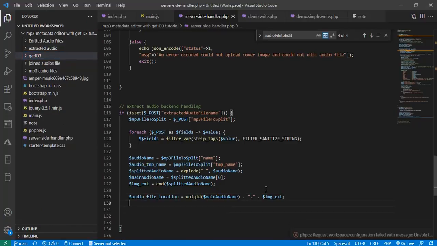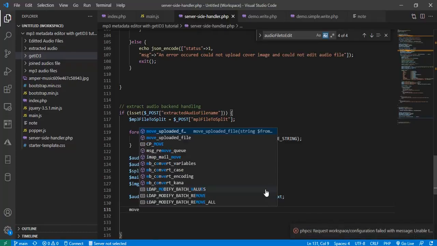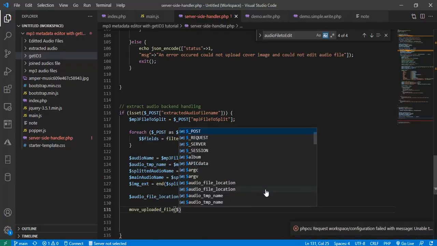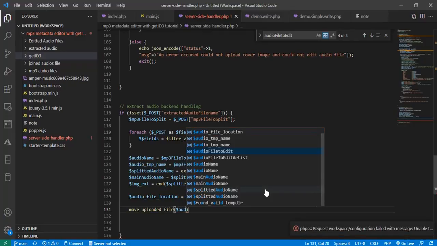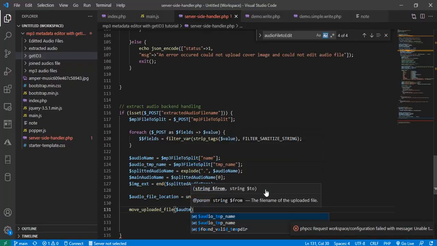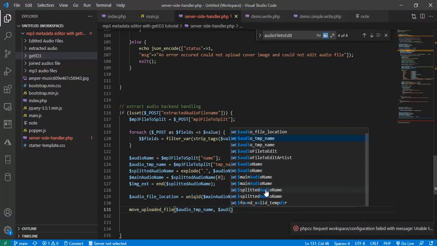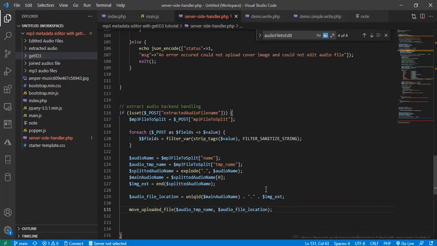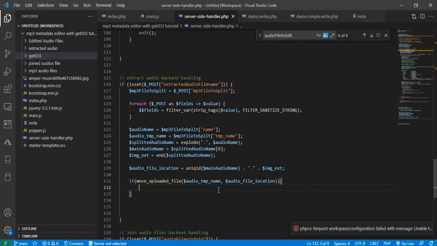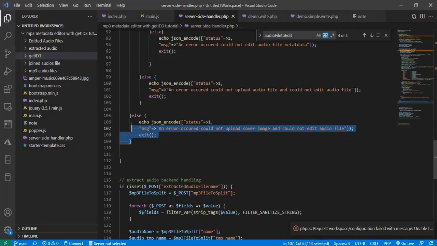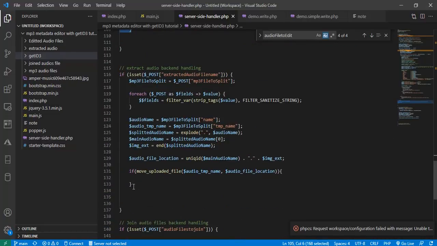So let's upload it. Move uploaded file, audio temp name, then audio file location. Nope. I'm going to be wrapping it into an if statement to check if it was successfully uploaded. Okay, now if it has been successfully uploaded, now let's just come here and grab the same thing in case it was not uploaded,